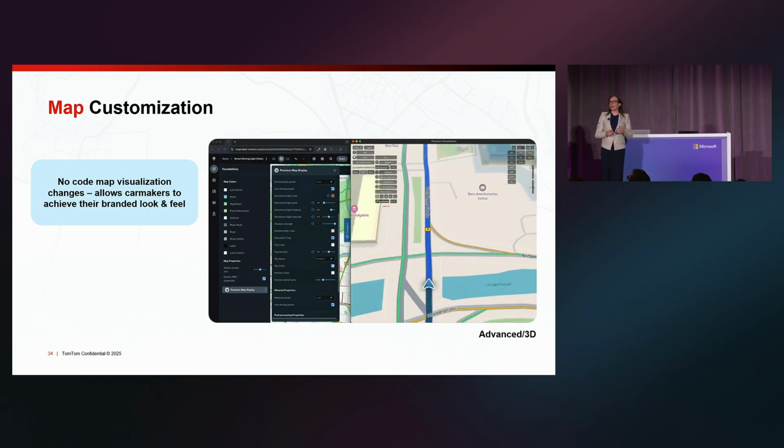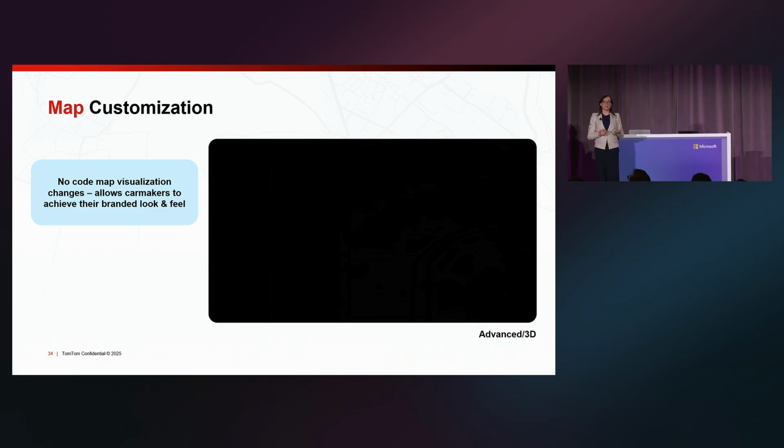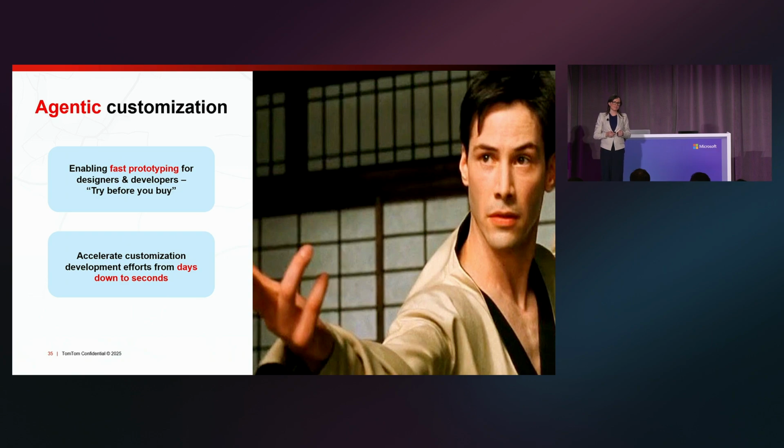So you can change the color of the 3D building. You may want to add a fog effect, a lighting effect. Maybe you even want to add sunrise, sunset. And this is not only visually appealing, but we know that it really helps the driver acclimatize to their environment and complements the guidance instructions.